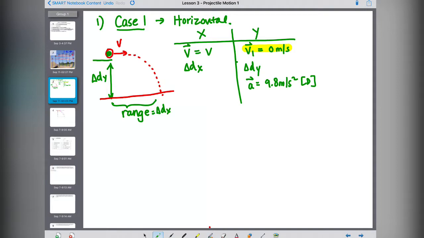And one very important aspect that you keep in mind is that along x and y, the time is the same, meaning as the marble is going forward along x, it is falling along y. It is actually the same motion. So it depends on what's given and what you are looking for. Sometimes you can solve for the time in the y direction and plug it into the x, or vice versa, depending on what's given. Okay, so this is case 1. Case 2,